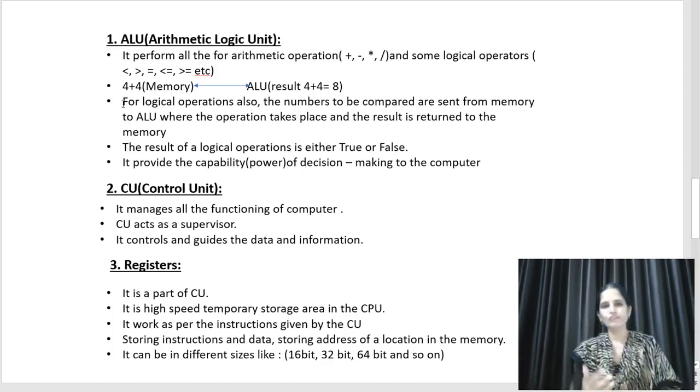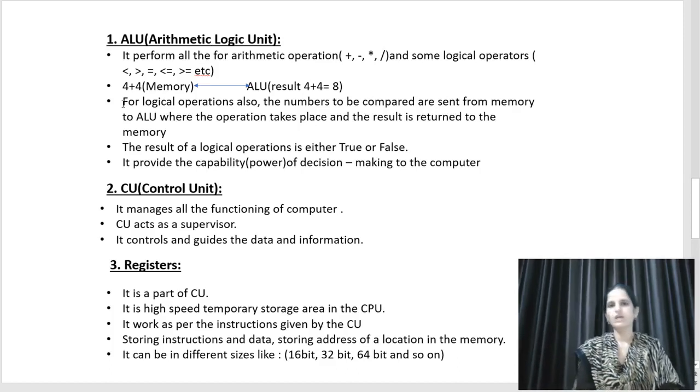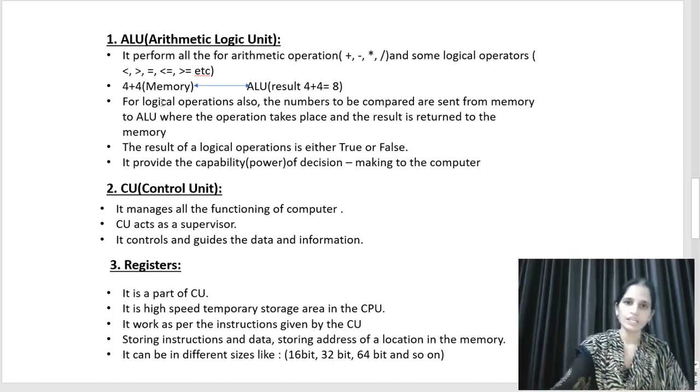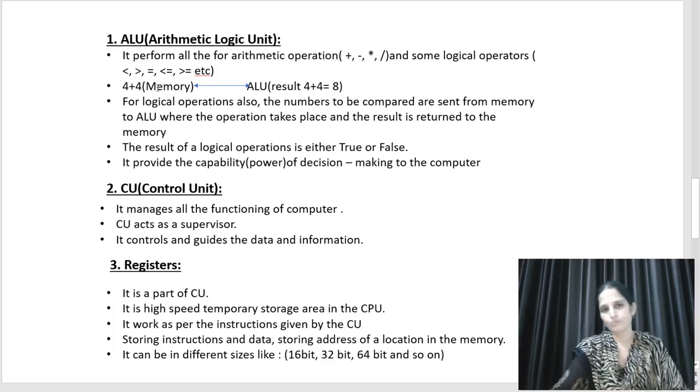For example, if you want to input two digits, for example 4 plus 4, you can input the 4 plus 4. So ALU always accepts data from the memory. So memory sends the data to the ALU, then ALU can add these two values. ALU puts out the result. For example, 4 plus 4 is equal to 8, and then again ALU gives your result to the memory. So memory sends your data to the ALU. ALU processes the data, for example the calculation 4 plus 4 is equal to 8, and then again this 8 ALU